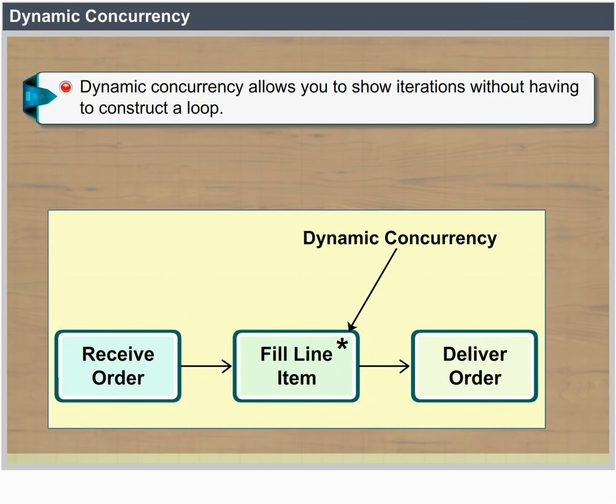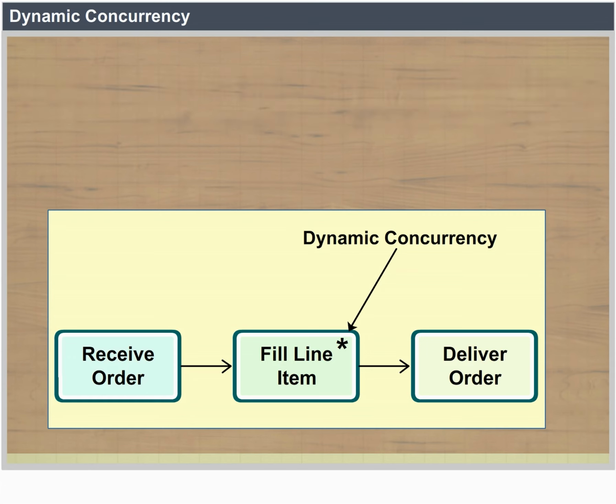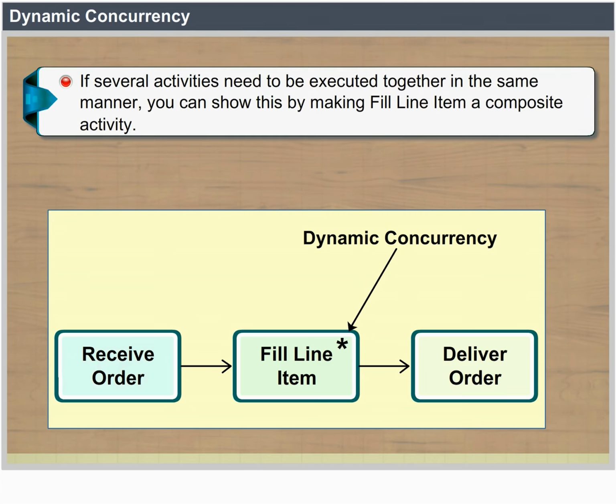Dynamic concurrency. Dynamic concurrency allows you to show iterations without having to construct a loop. In the figure below, the activity fill line item is executed once for each line item on the order. The execution of the activity many times is indicated by the multiplicity marker, a star. When all the line items have been filled, the transition to deliver order is triggered. If several activities need to be executed together in the same manner, you can show this by making fill line